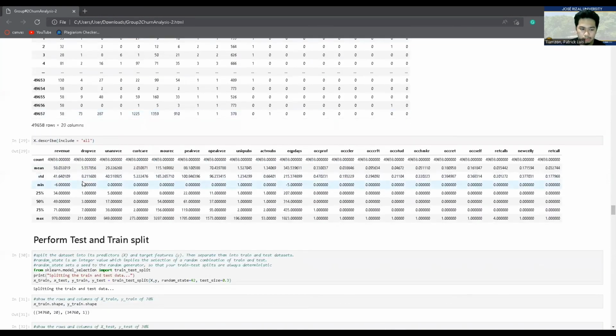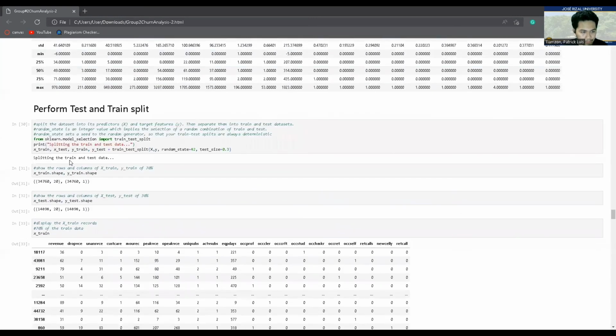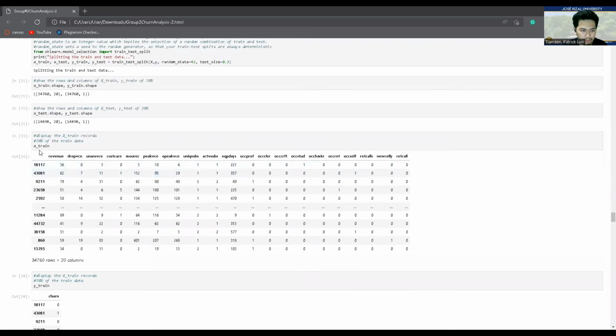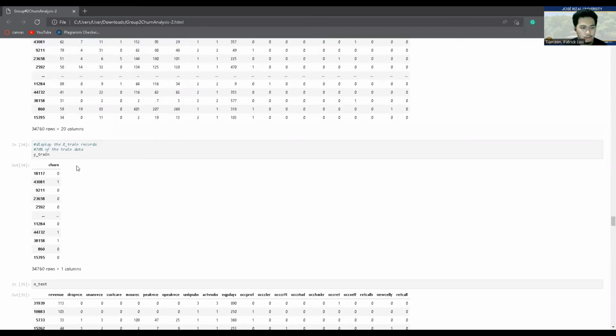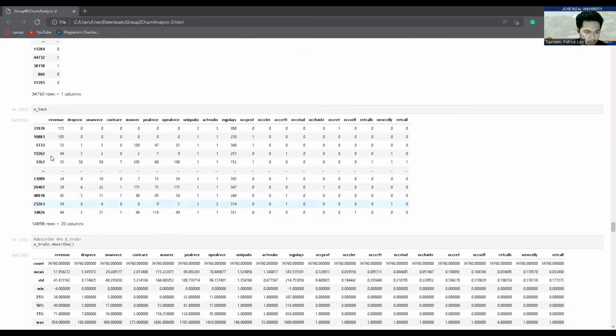So in order to do the train and test split, here is the code that we use to get the train shape and the test shape. So here is the 70% of the train data. And let's proceed with the X test.